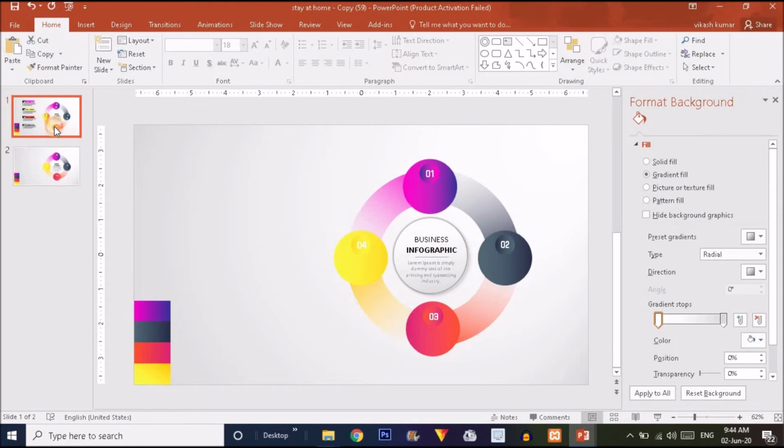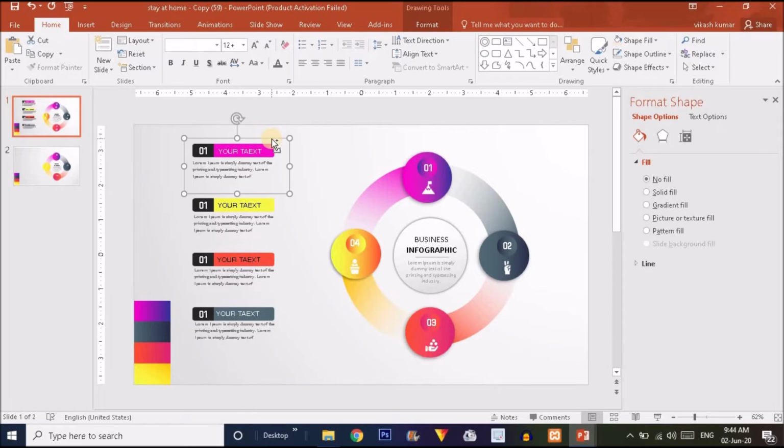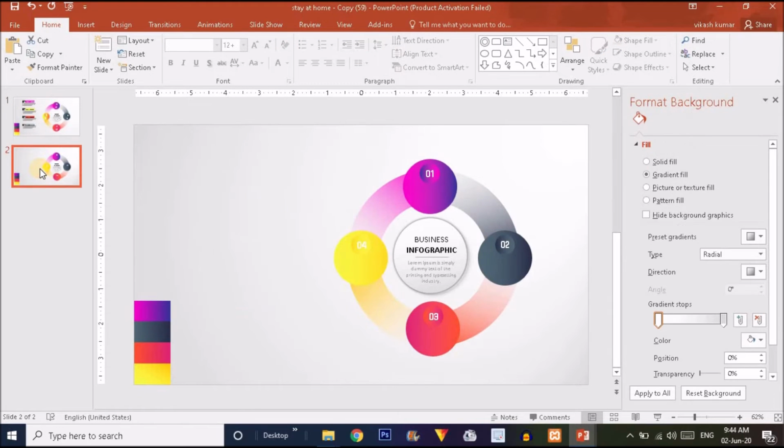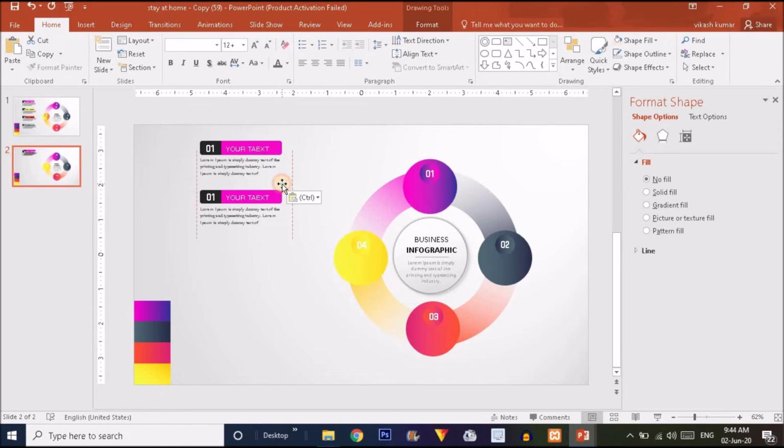So now I have to add these types of text and these text groups. So I'm just going to copy it and paste it over here. Don't worry guys, let me explain how I have created this type of text over here.